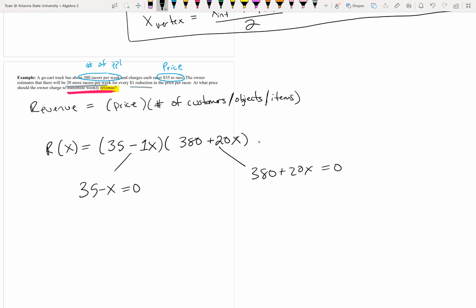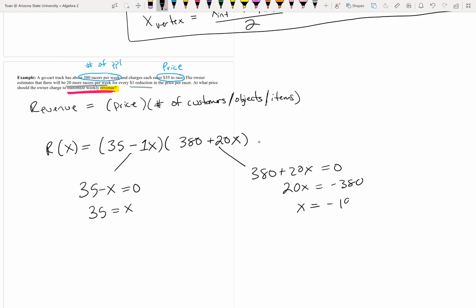If I solve the left equation for x by adding x to both sides, I get 35 equals x. And then let's solve the right equation. I'm going to subtract the 380. So that gives us 20x equals negative 380, and then divide out the 20. That gives us negative 380 over 20